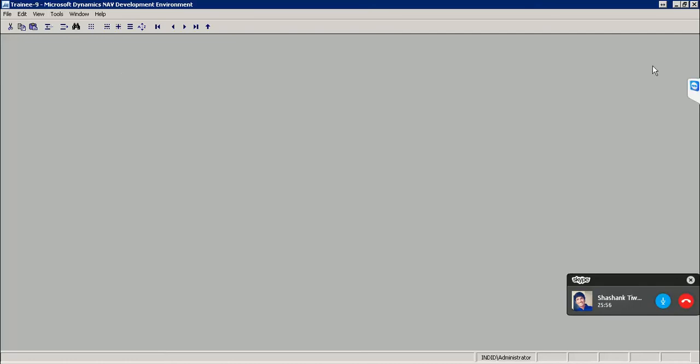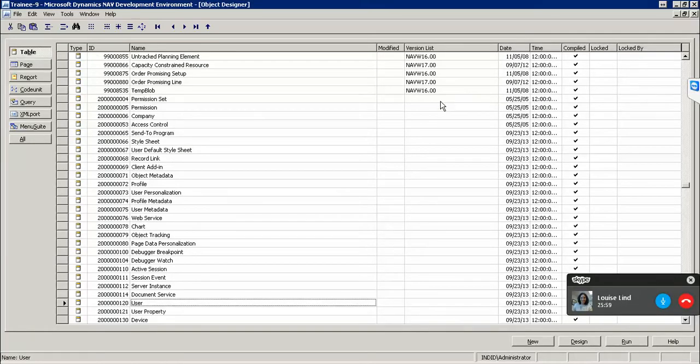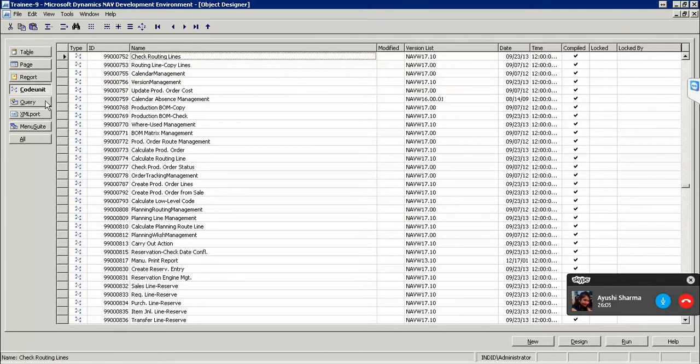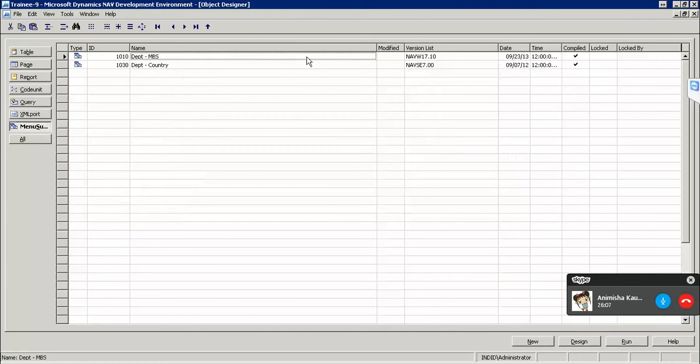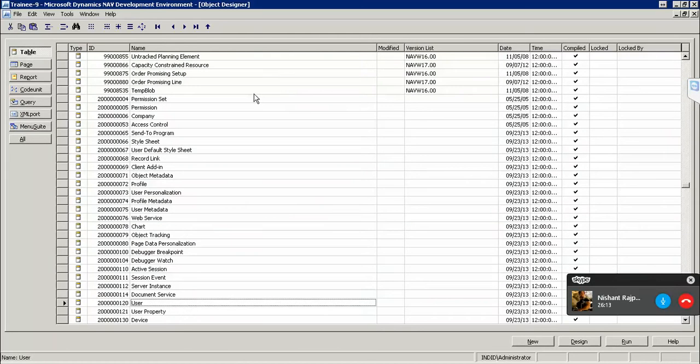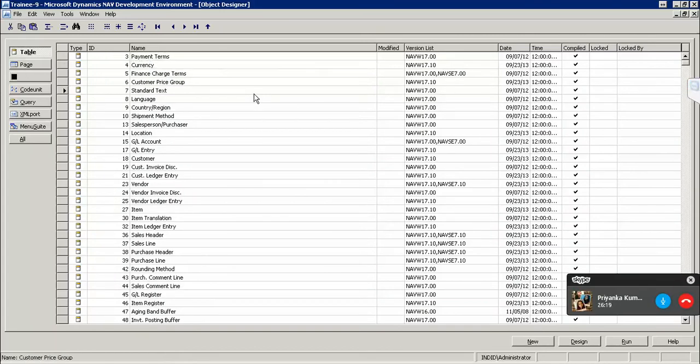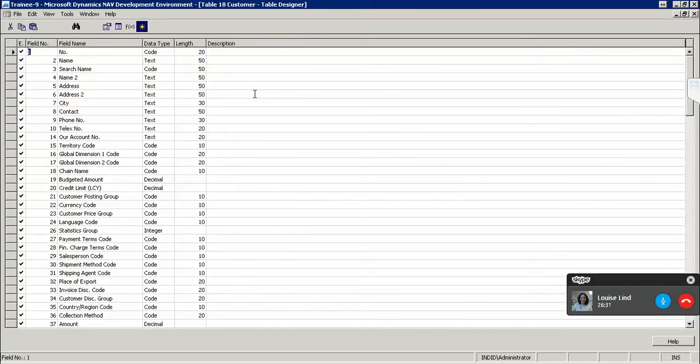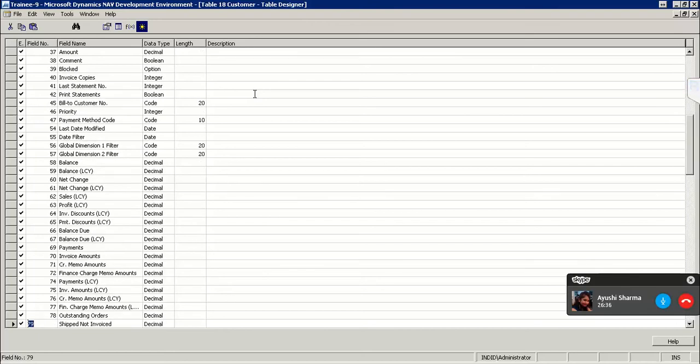Okay, so I get in, we see all the objects this side: tables, pages, reports, codeunits, query, XML ports, and many more. Okay, so I will quickly brief you about all these. I think everyone must be having a very easy time understanding it. So for example, a table is nothing but a collection of fields together, and if I see the customer, I see all of them here: number, name, search name, address, and so on. Okay, amounts, and